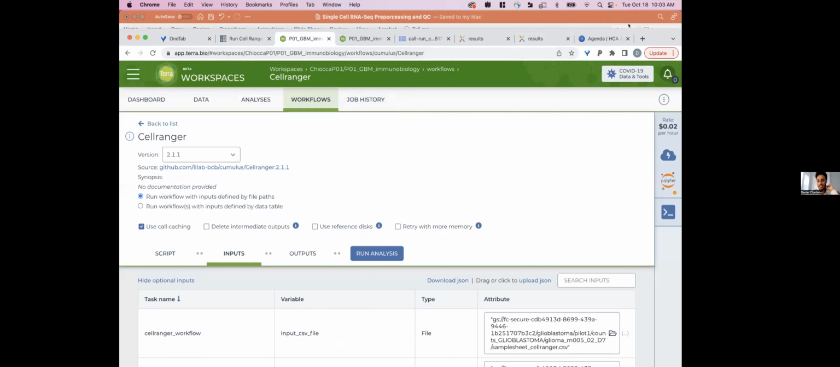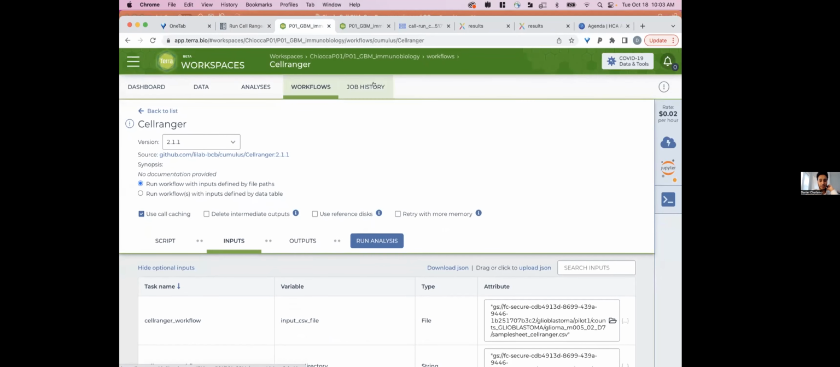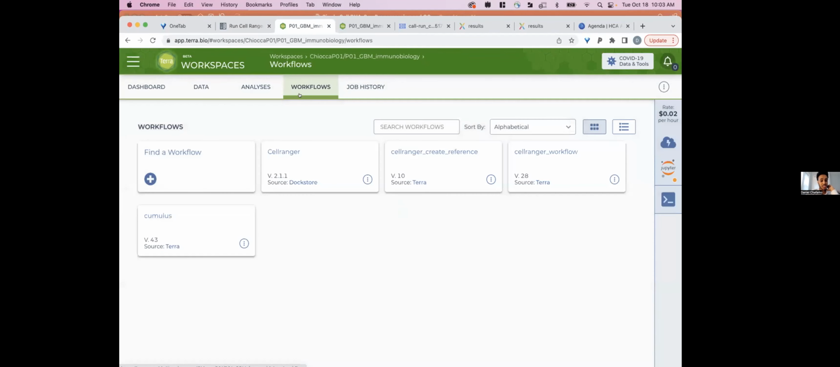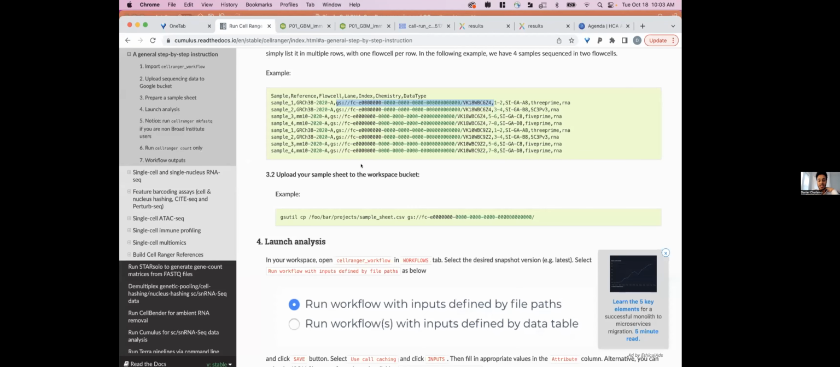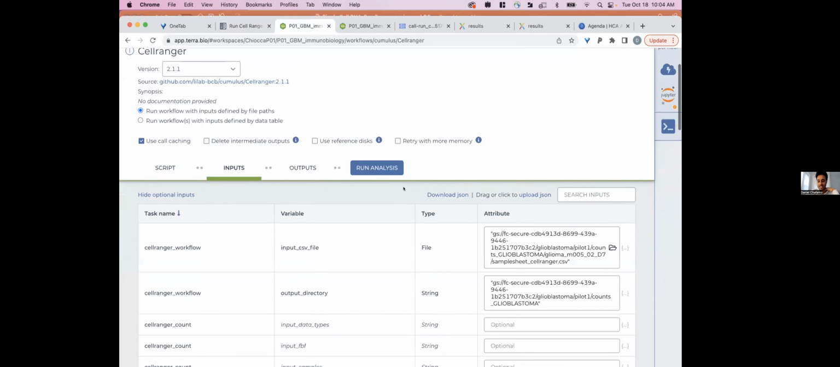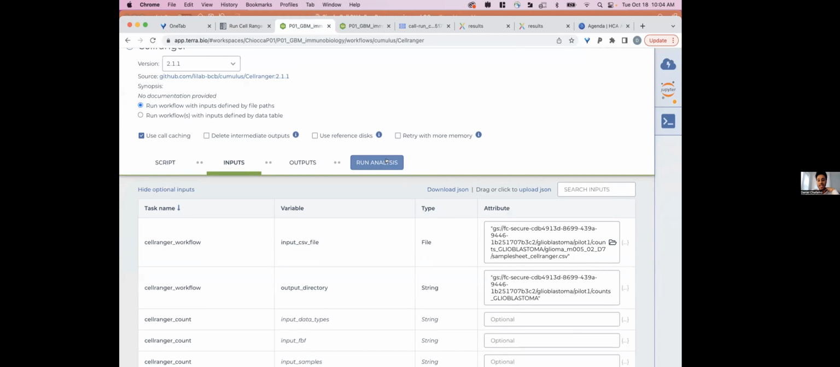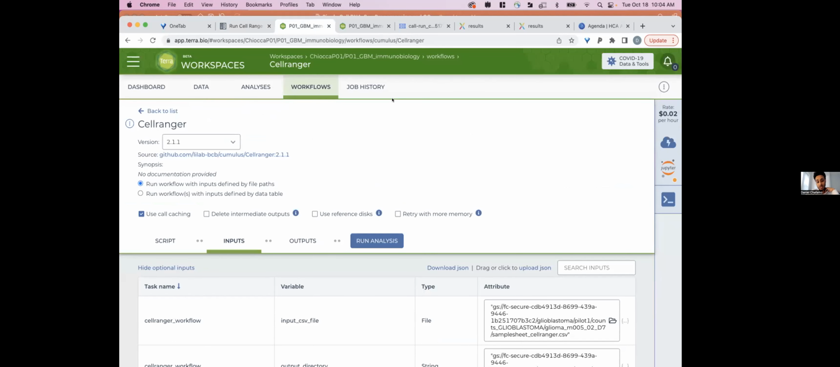So this is the Terra interface. We have workflows, and I was just mentioning that the inputs to our Terra workspace are the raw BCL file, the indices that were used to run the sequencing, and the reference that will be used. This is the GRCh38 reference that I mentioned earlier. Once you have created this, it's as simple as pressing run analysis, and all of the steps are automated